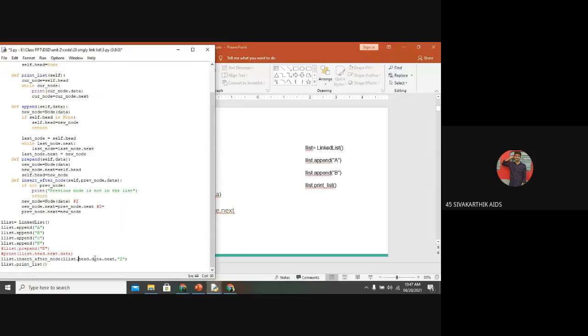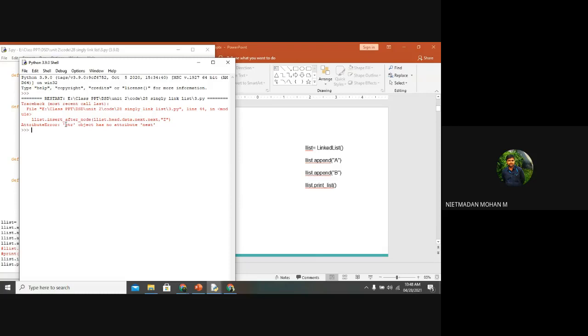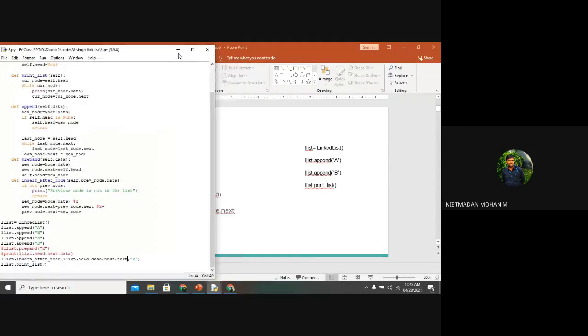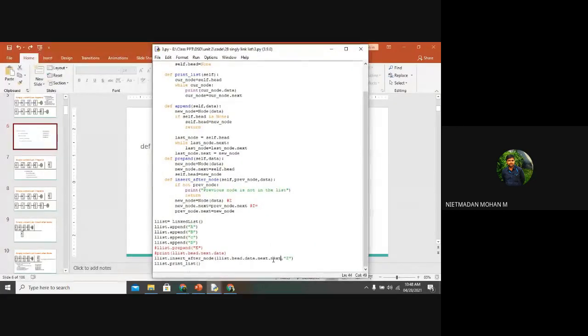Input the value between C and D? No, next dot next dot next dot data, no. Once the next has been used, after that if you use those names, it won't come out. It will be considered as the str, the string object. The next will be represented only one time. I have seen that, but I have not stored those lines of code. So I will tell you in the next class how to insert that value after the C, right? Okay.